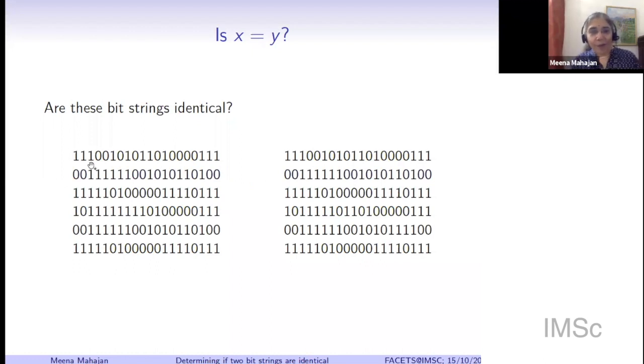Now, obviously, it's not a difficult task, but it's a tedious task. You'll have to really look at every bit very carefully and figure out. So in this case, I can quickly tell you the answer. If you look at these things which are highlighted in red, here is a bit which is 1, and in the corresponding place here you have a 0. Similarly, here there is a bit which is 0, and in the corresponding place here you have a 1. So these two bit strings are not identical.